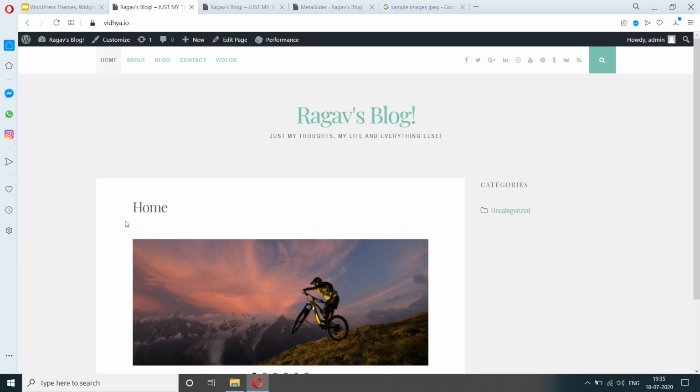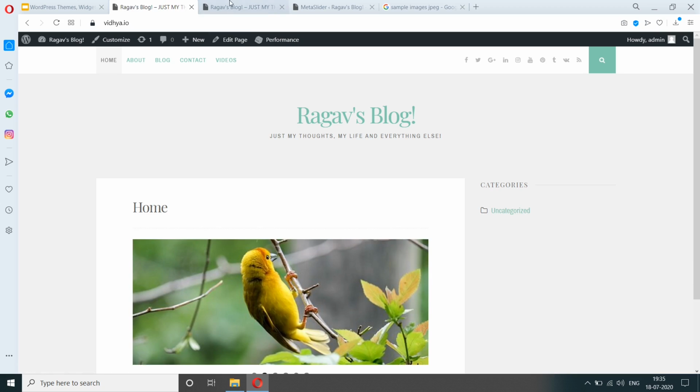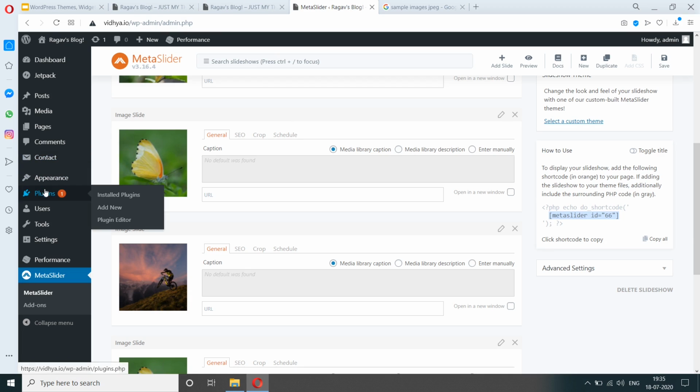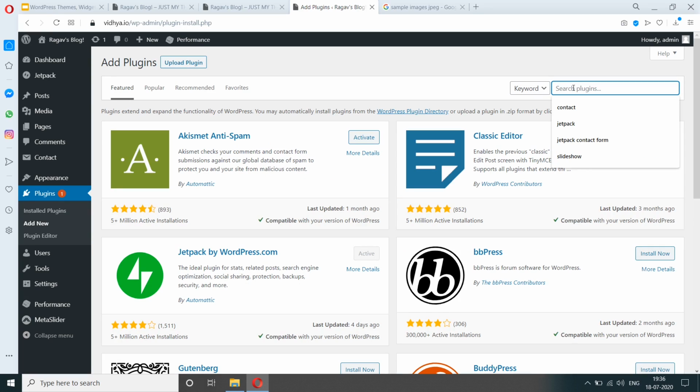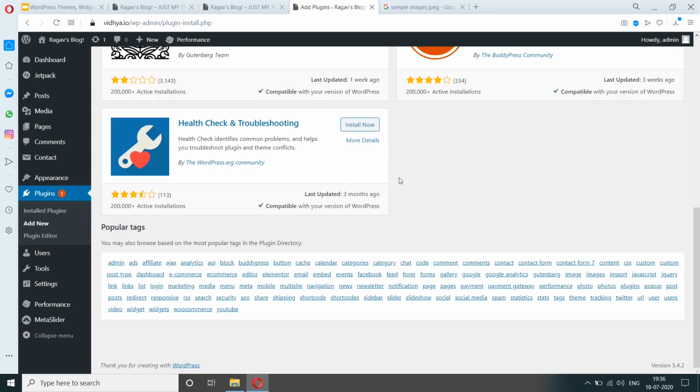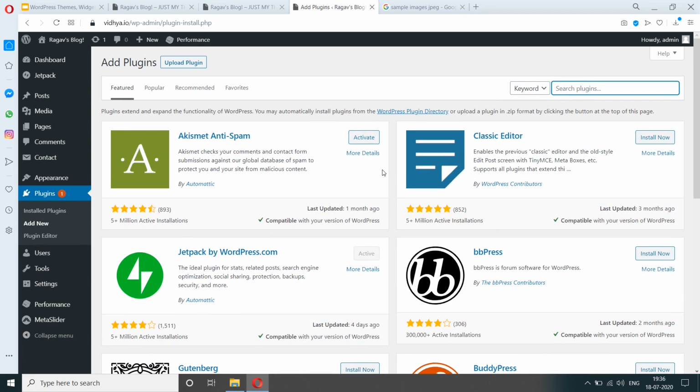So as you can see, plugins are actually fairly straightforward. So you just have to figure out what you actually need, and when you figure out what you need, you can go here and search for that thing. For example, initially we needed a contact form and we got that, and then we needed a slideshow and we got that. So you just have to figure out what you need and then find out the search term for it and then search it. You'll find the list of available plugins for that purpose, and then you can use it. And more often than not, plugins will come with their own instructions as to how to use that plugin, and you just have to figure out how to use it. You have to read it.